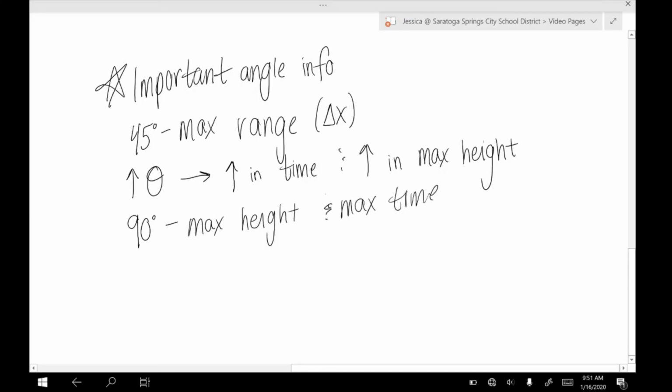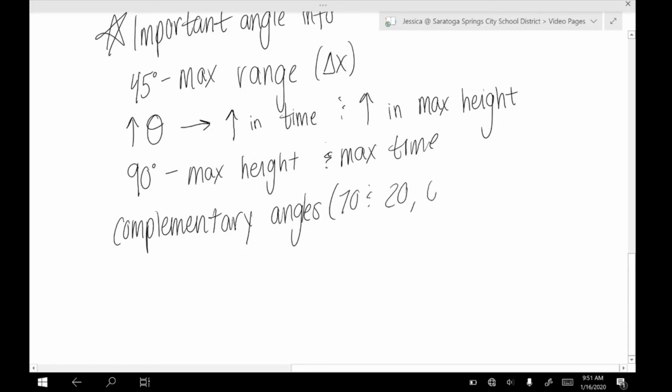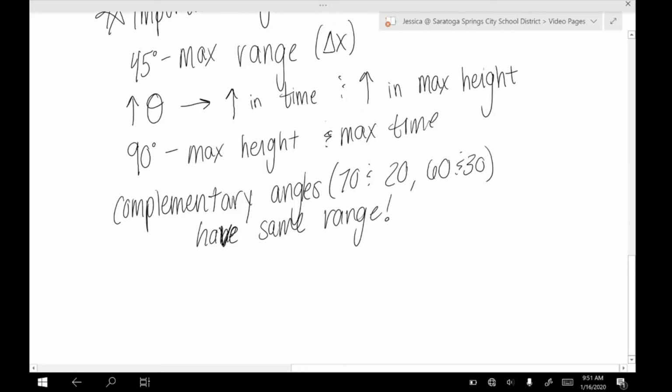And one really cool thing is that complementary angles, so that could be something like, nope, not 90. Oops. Two angles that add to 90, 70 and 20, 60 and 30. Okay, they have the same range. Okay. So 70 degrees is going to be in the air longer, which we might think might